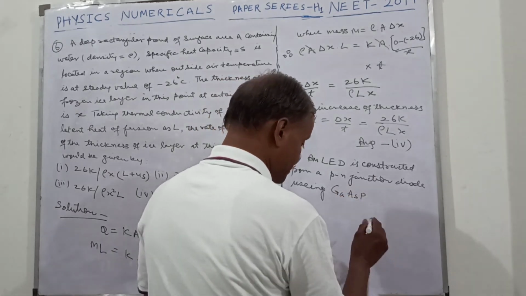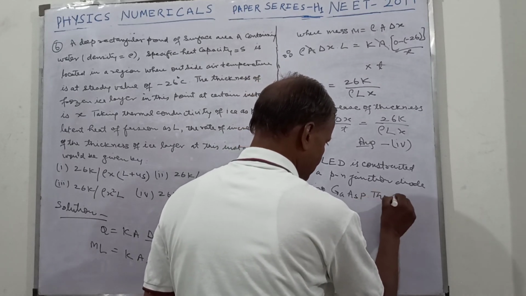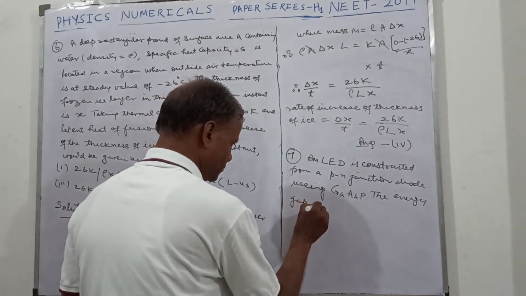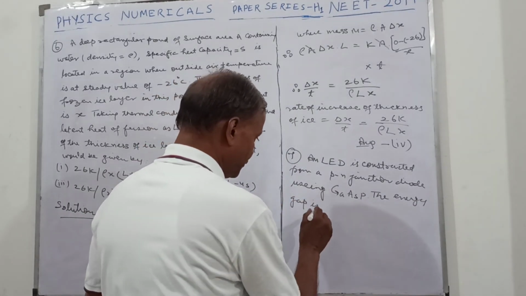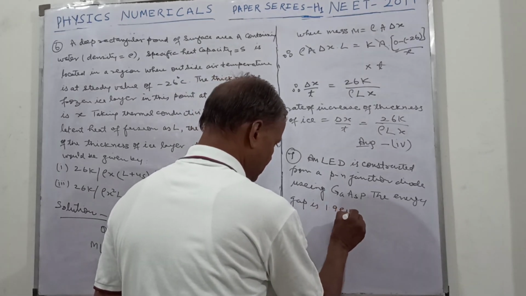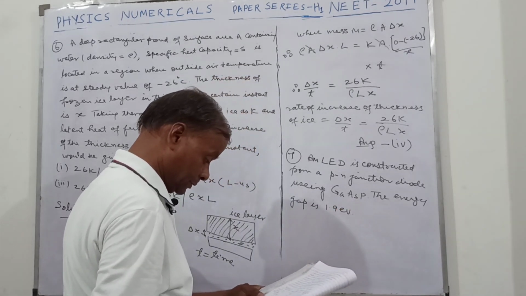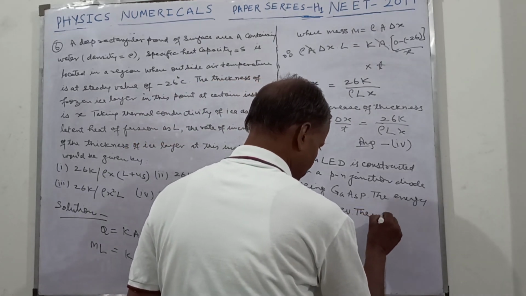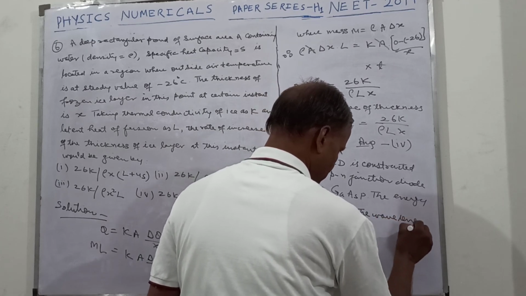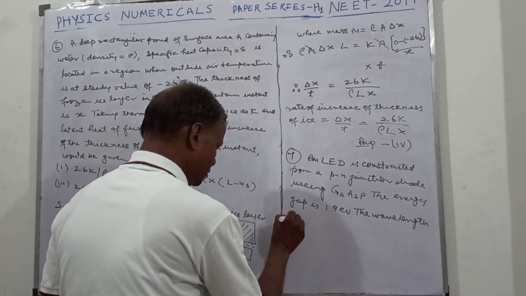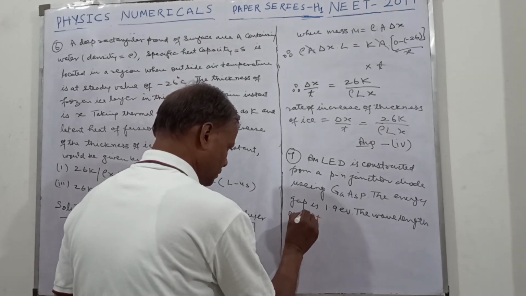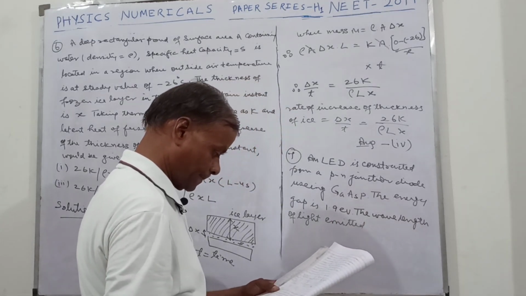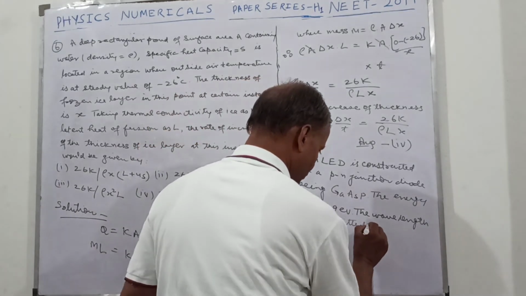The energy gap is 1.9 electron volt. The wavelength of the light emitted will be equal to